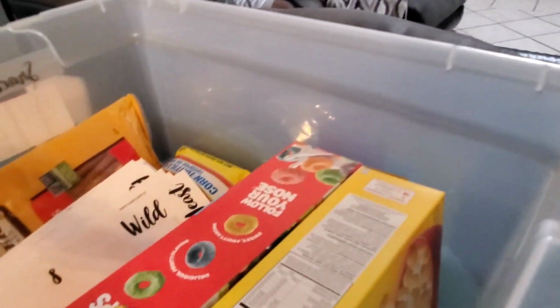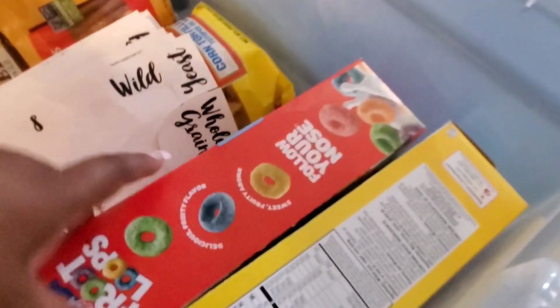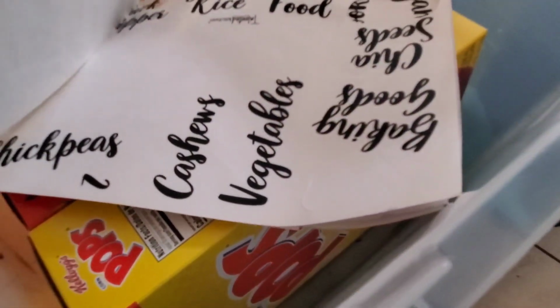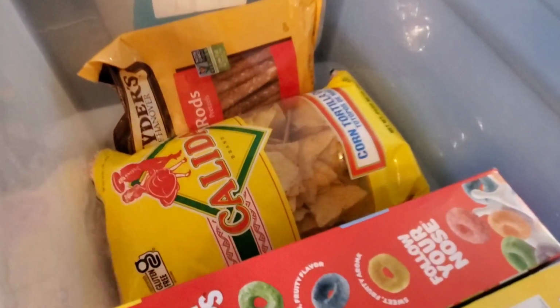Here, I just have a box that says snacks and chips, but right now it's sharing a home with the cereal. I have some labels I recently ordered. So as soon as the buckets come, I can move everything around and create a bin for the cereal only and a bin for my chips. But I am working on it. So right now, it's the same bucket for the cereal, the nacho chips or tortilla chips, and some pretzels. More pretzels, yes. Right now they're just kind of